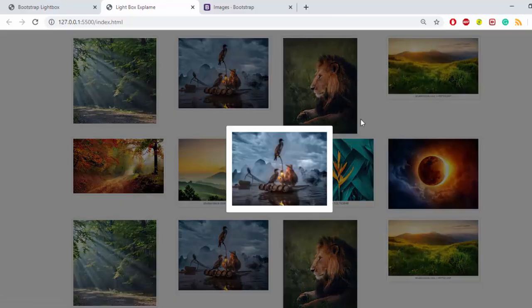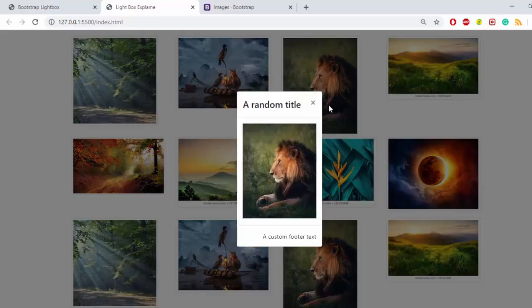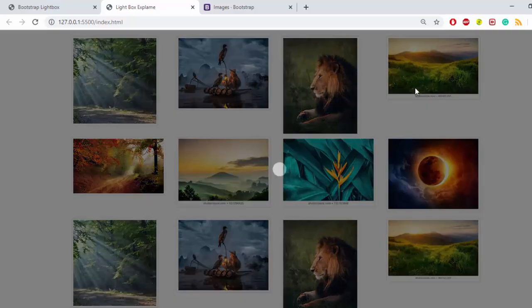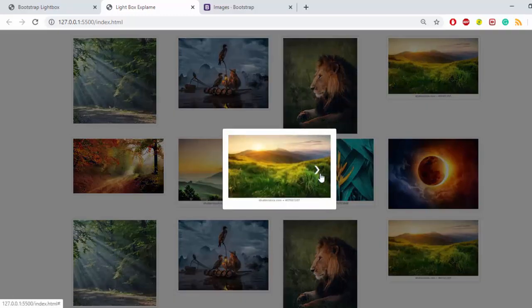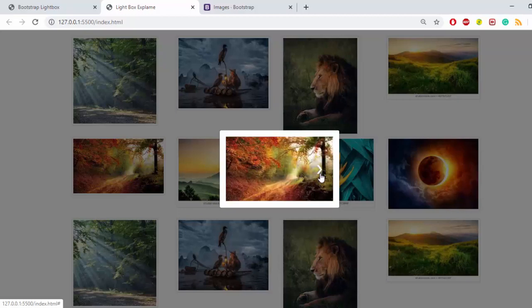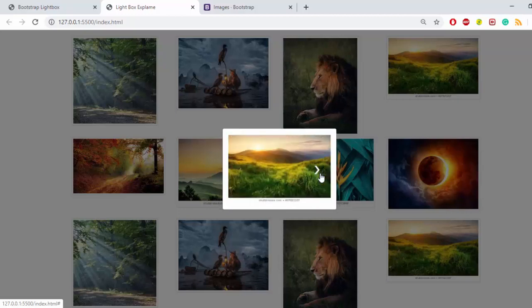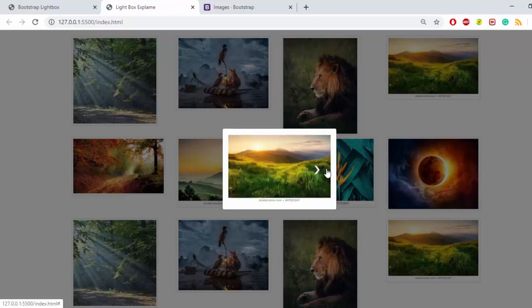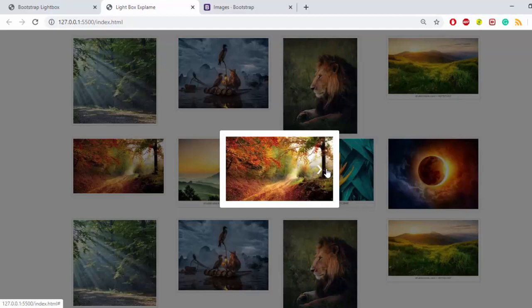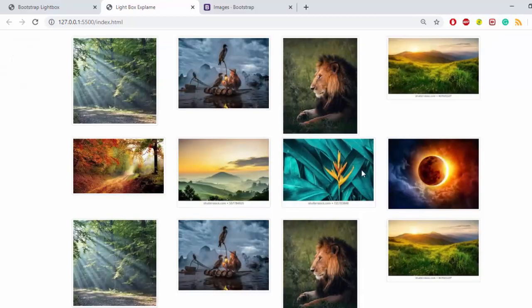Here is also the same thing, we don't have arrow marks. This was like header and footer we have received, and here you go with an arrow mark. Only 2 images we have kept as a gallery, so we have received an arrow mark, right? So we have made it as a gallery. It's rotating between 2 images. You can see we are getting the first image, the second image, again it is going to first image, and again it's going to second image. So it's like kind of rotating, right?